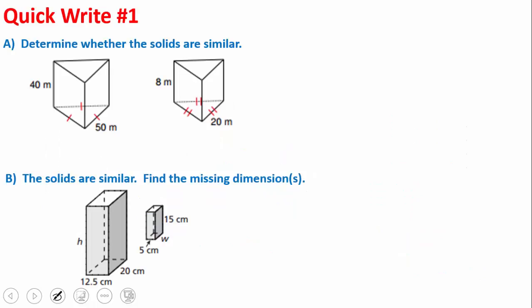Let's go to our first quick write, where you're going to have 2 of them. Because the first one, you're going to determine if these 2 figures are similar. And then on the second one, we know they are similar, and you got to find the missing dimension. So you might need to pause so you can get these written down. And then, of course, when you finish both of them,